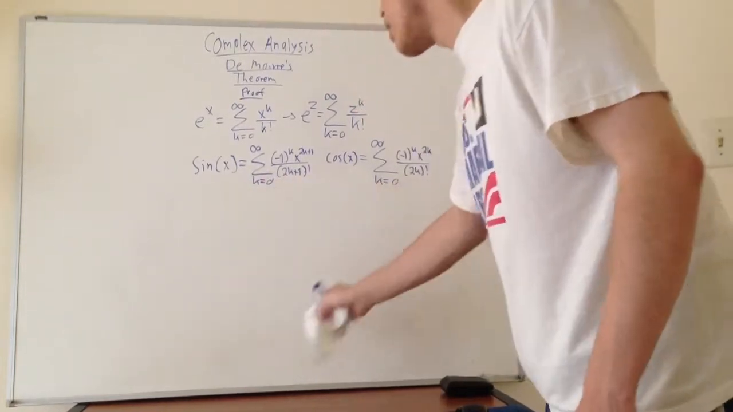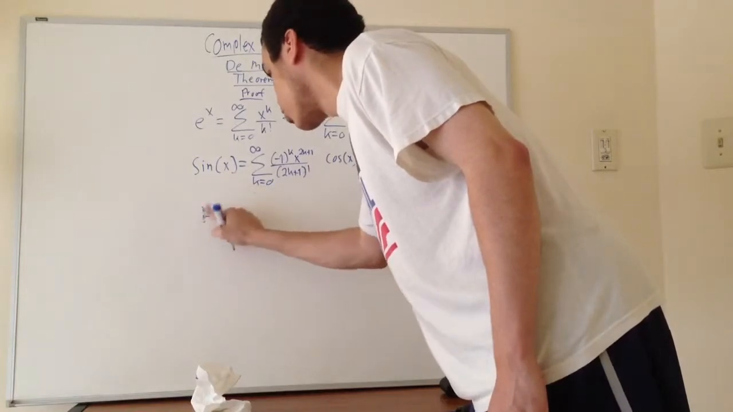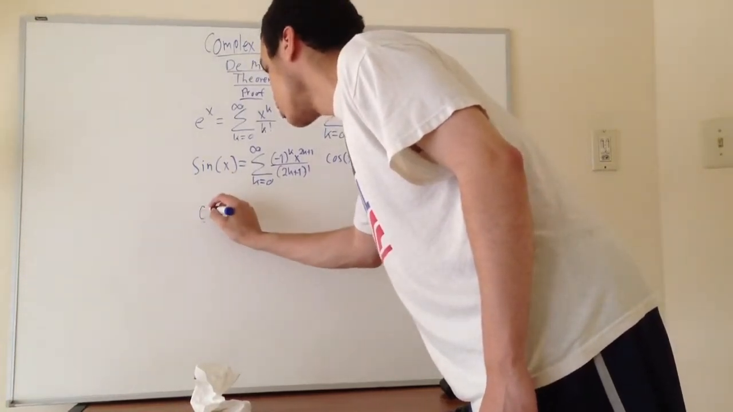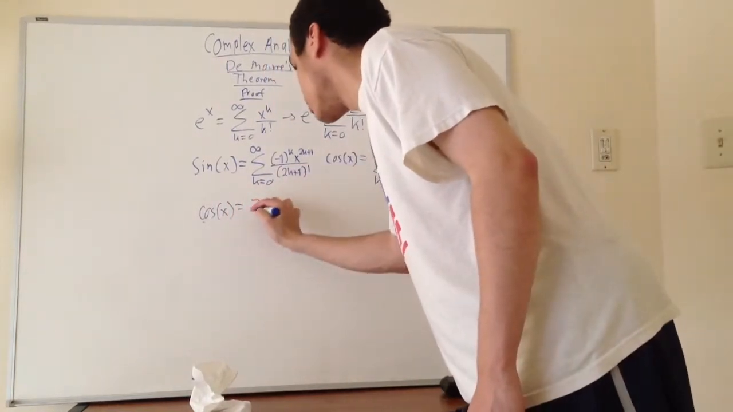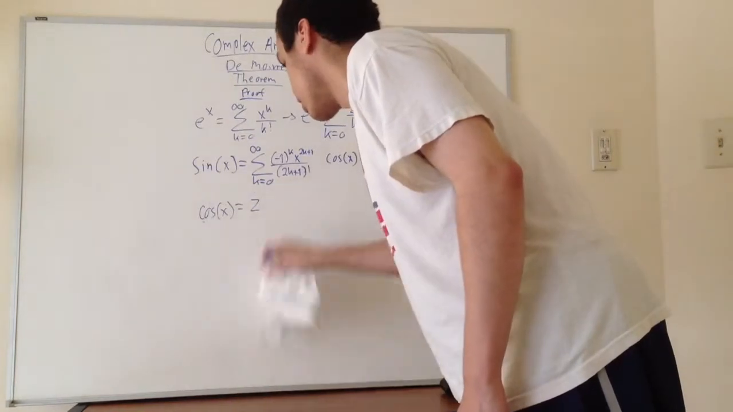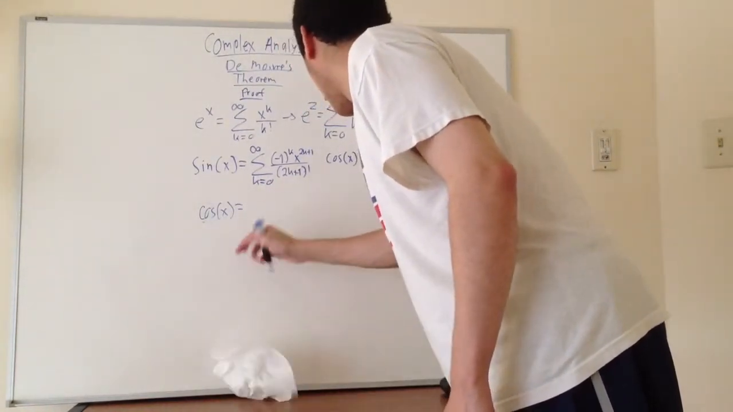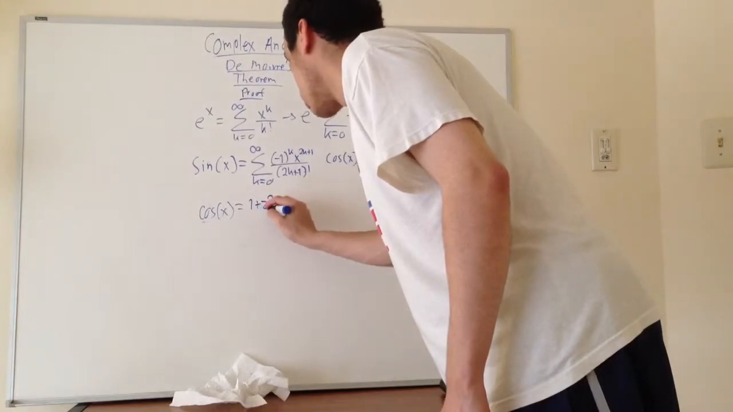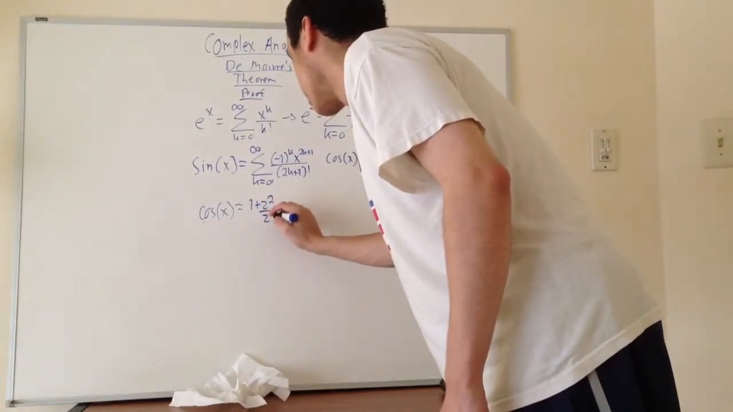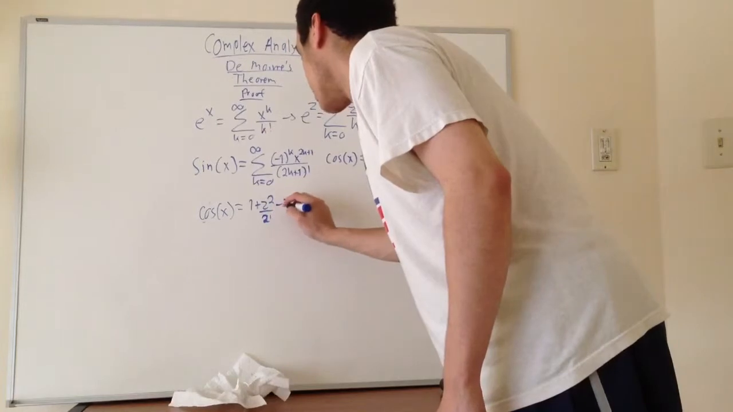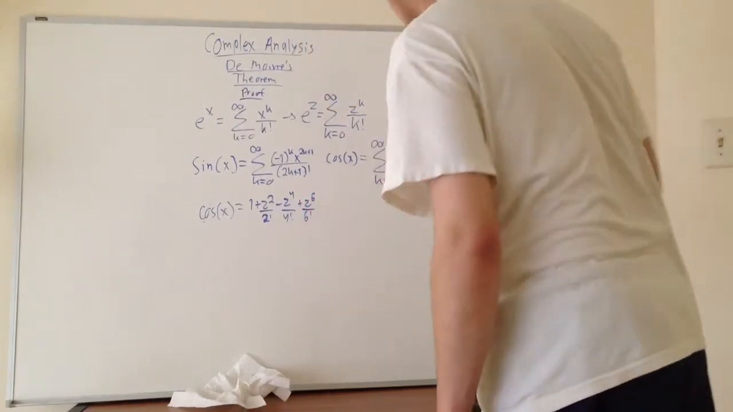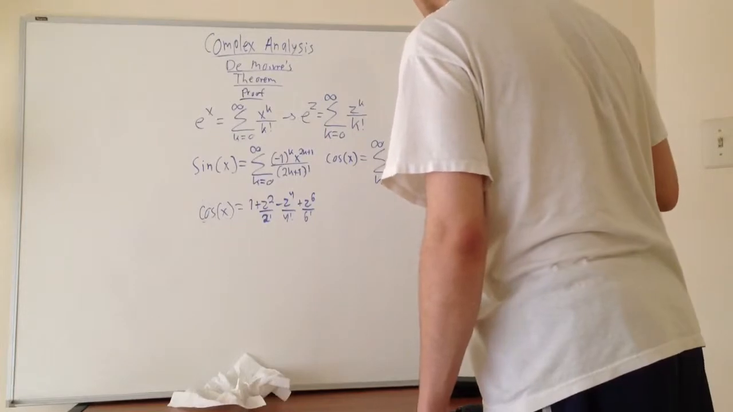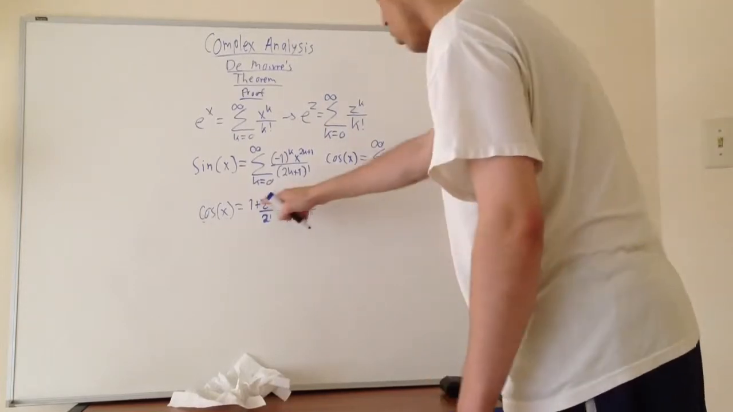All right, so I'm going to go ahead and erase that. So basically, for cosine of x, I'm going to skip writing the sum. I'm just going to go with 1 plus z squared over 2 factorial minus z to the 4th over 4 factorial plus z to the 6th over 6 factorial. I think I may have actually switched the order of my signs here. Let me check this for a second. So it should be